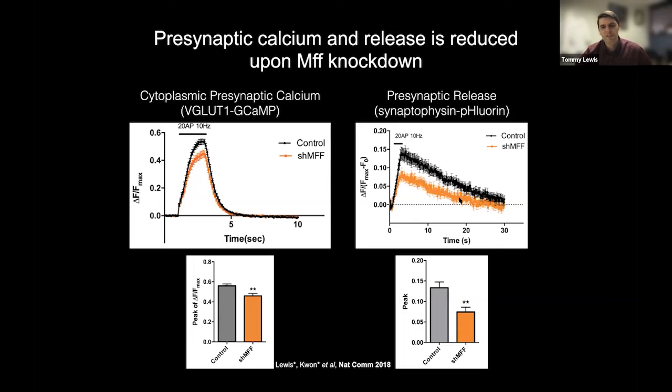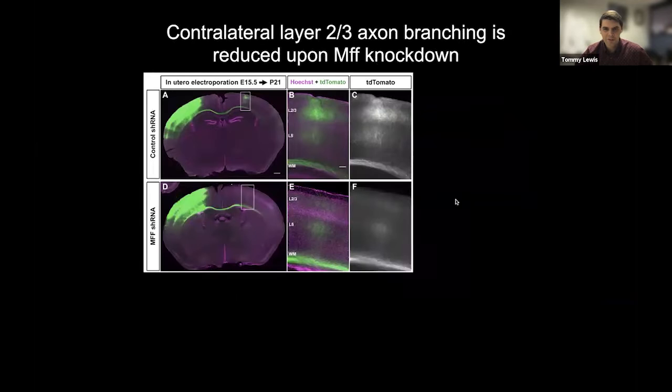So what role does this play in axonal development? Well, we know that activity-dependent branching is an important part of stabilizing axonal connections in the brain. And so when we look using in utero electroporation at the development of these axons, what we can see is that the neuron cell bodies are here and that they project their axons across the corpus callosum to the contralateral side of the brain. And then they form their connections with layer 2, 3, and 5 neurons on the opposite